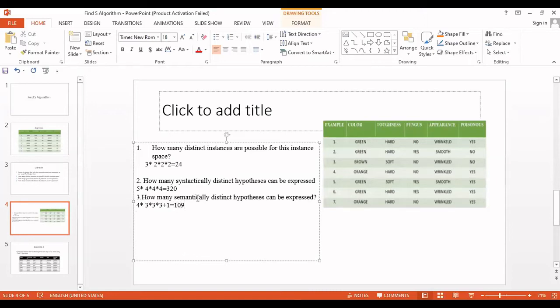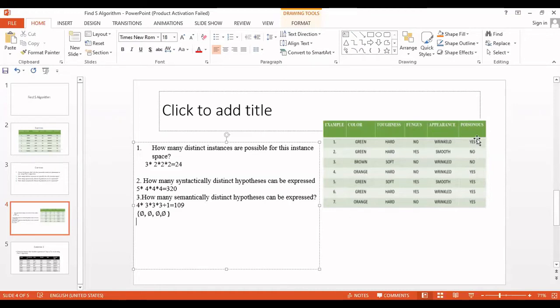Okay. Now you are going to find the hypothesis. When you want to find the hypothesis, first you will start with the most specific hypothesis. That is nothing but you will have null for all the fields. How many fields are there here? Attributes, if you see: color, toughness, fungus, and appearance. So we have 4 attributes, so we have 4 nulls. Now let me consider the first example. Is the first example positive or negative? If you see the last field, poisonous, this is the class we want to predict.